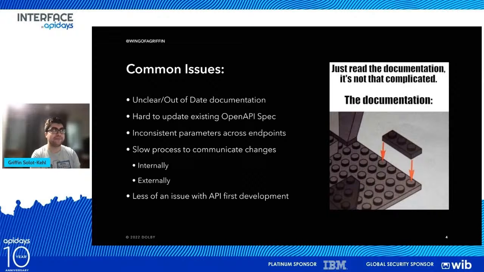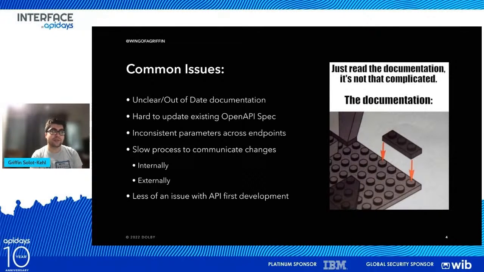Whose responsibility is it? It can also be hard to update an existing OpenAPI spec because oftentimes it is a messy amount of spaghetti code getting in the way. You don't know where the areas you're trying to edit are. You have too many files talking to each other in different ways. It's not well organized. And you also see a lot of inconsistencies. One of my pet peeves is inconsistent parameters across endpoints. When I'm using an API, I expect it to work the same way between different endpoints if I'm using the same parent API spec.